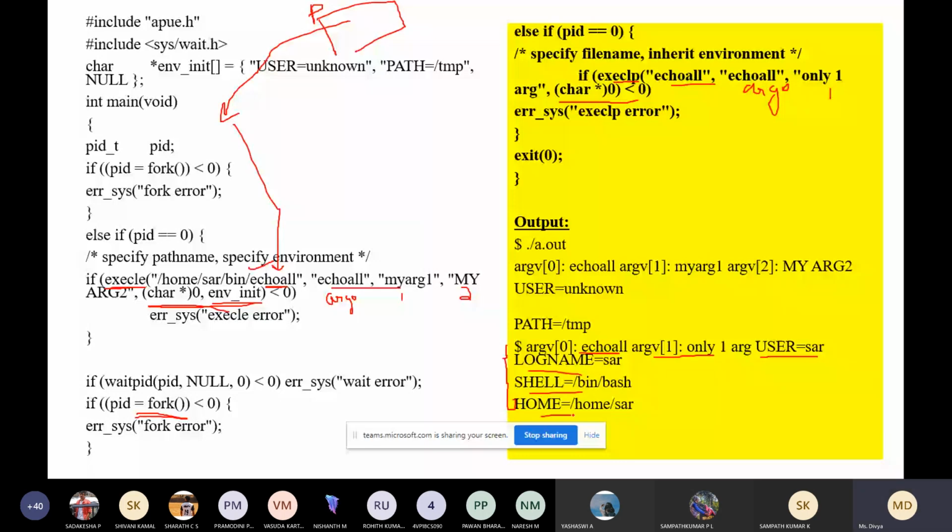So this is our main program. When you execute this exec function, suddenly it will stop the execution of this main program and start executing the new program which you have specified as a path name or as a file name. So this is about the exec function.